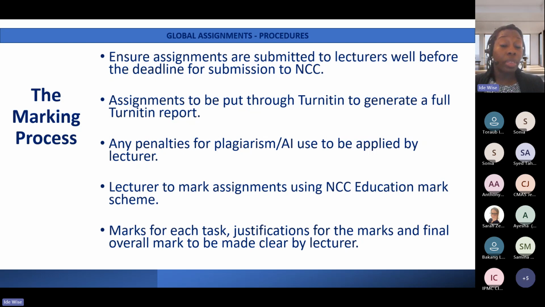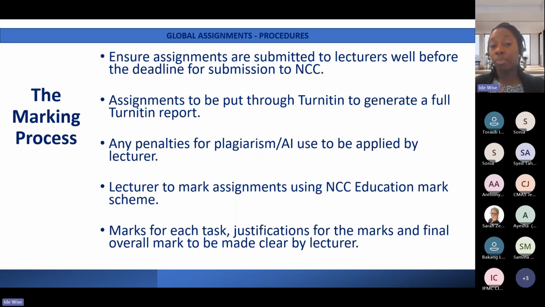I'll just point out that this upcoming deadline of the 27th of May also happens to be a public holiday in the UK. So bear that in mind if your academic standards manager or your customer support is based in the UK and you have left it until the 27th of May, you won't have that support if there's something that you require. So we would always say, don't look at the deadline as the day to submit. You really should have submitted before the deadline.